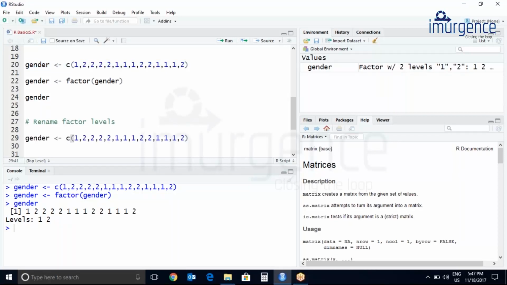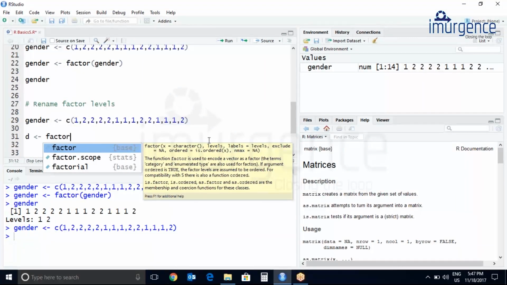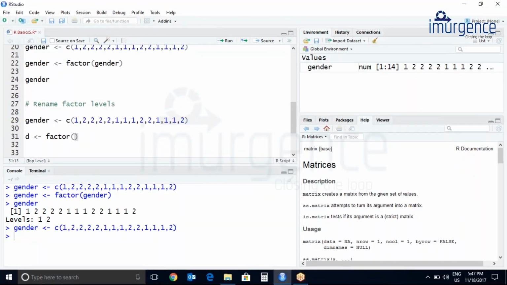Make sure if it's a factor, you convert it again into a numeric. Let me call this new thing d. So it will be factor, and what we want to change is this gender into a factor.